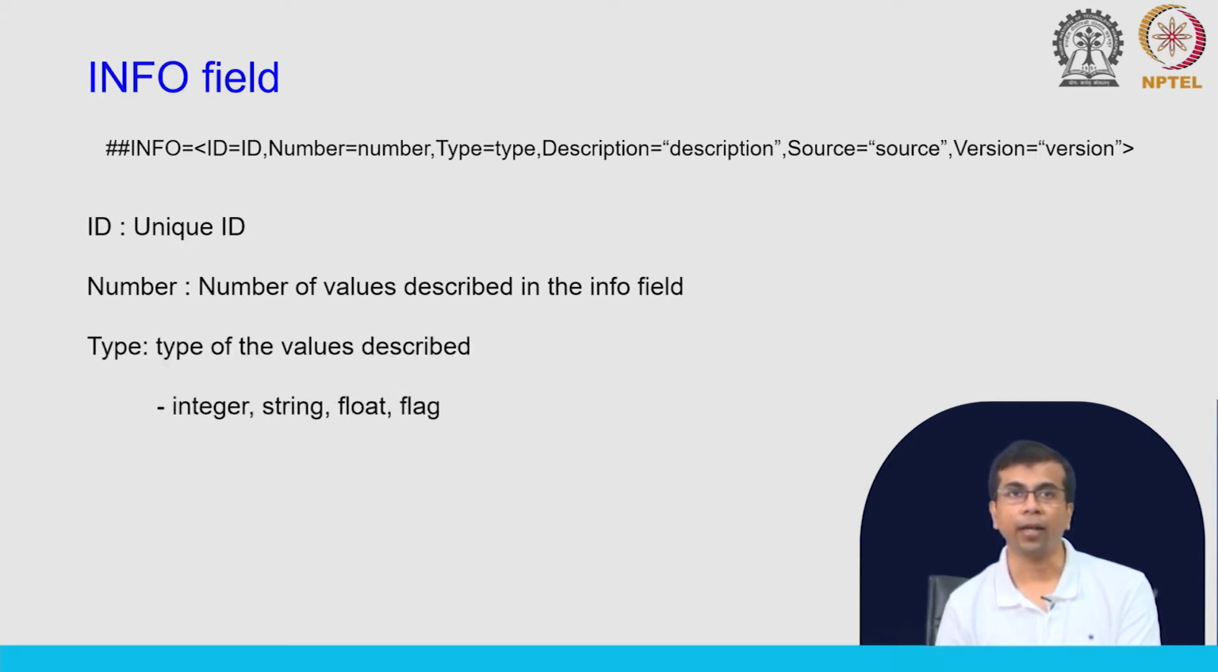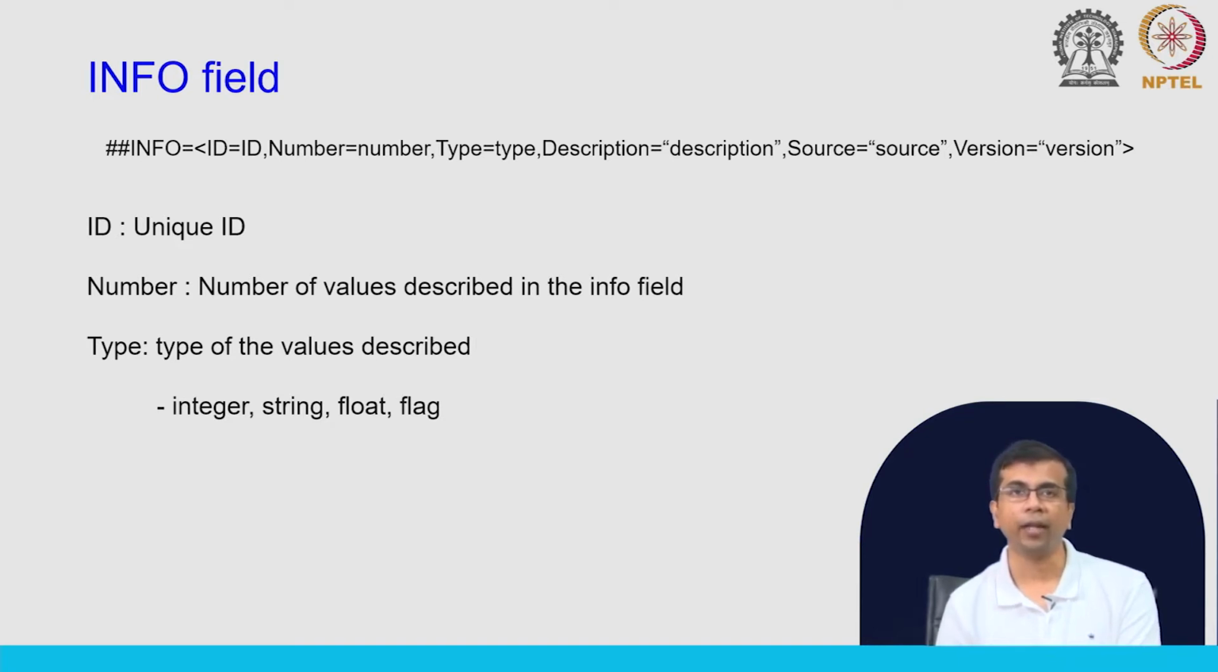What about then type? Type actually describes the type of value that we can expect. So, this could be integer, in case of 1, 2, 3, this will be an integer value, or it could be string. It could be float, if you are, let us say, talking about frequencies, fractions. So, that will be float, or it could be flag. We will see some examples and then it will be clear what we mean by these different